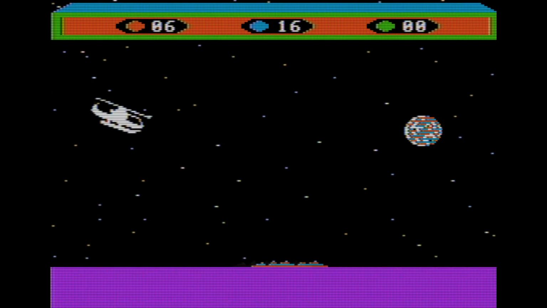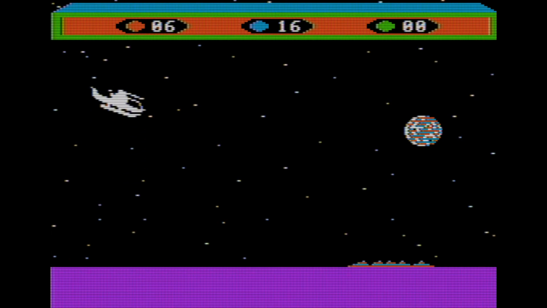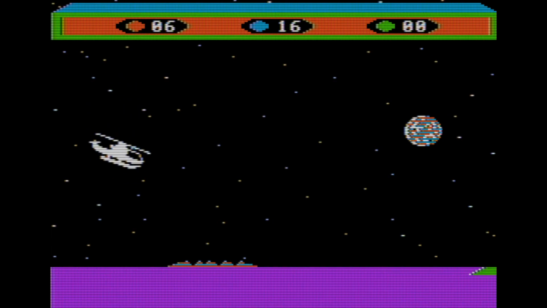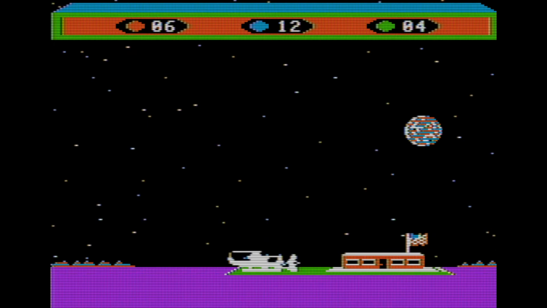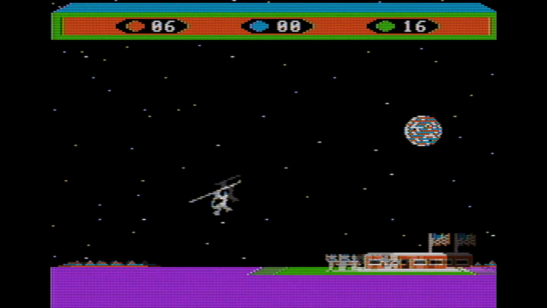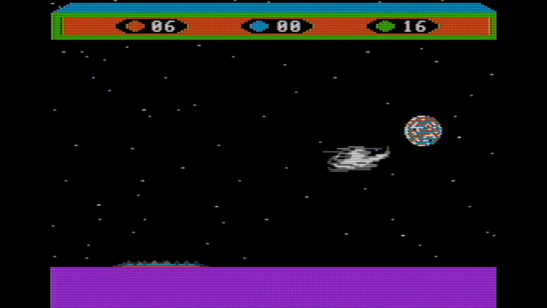That waving at me this time is telling me to leave. So we can at least get 16 here. And I can feel like I accomplished something. But it really slows down after a while. I should have parked a little bit closer. But it's a helicopter. It's not the easiest thing to control.